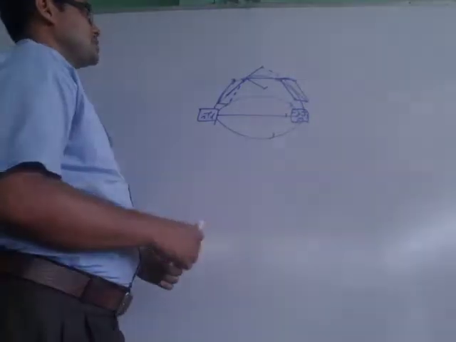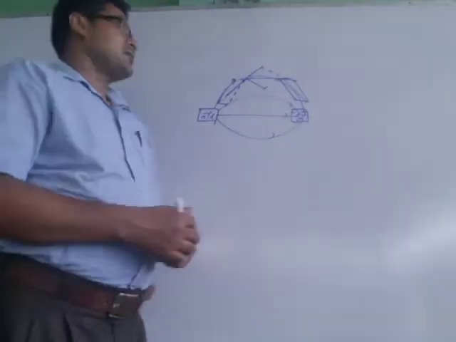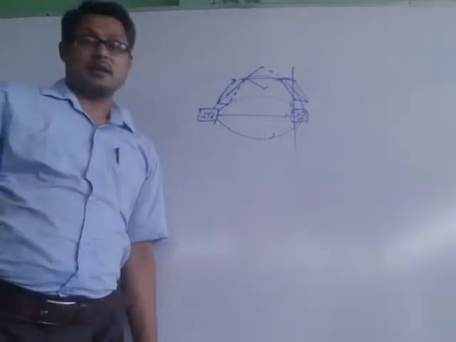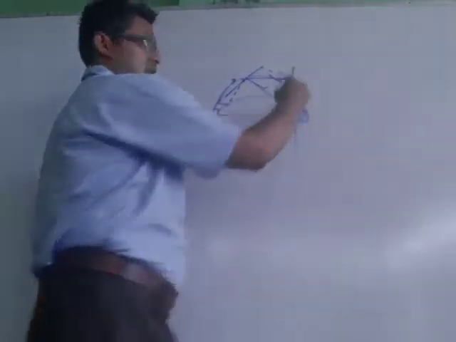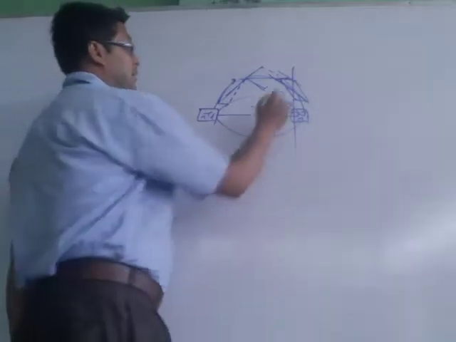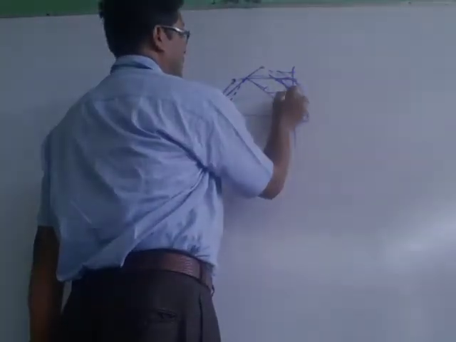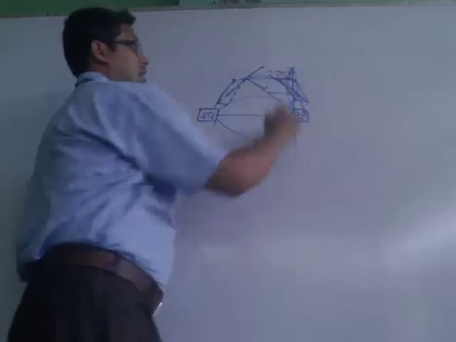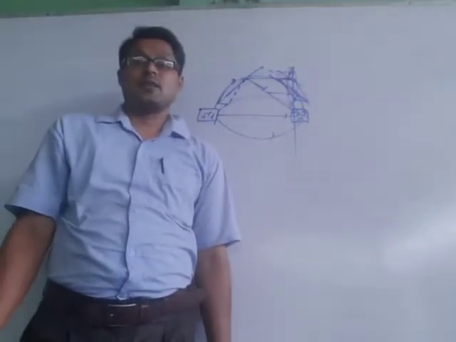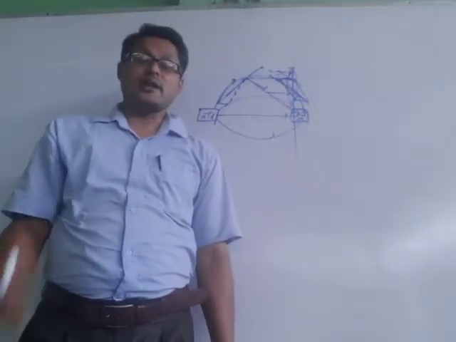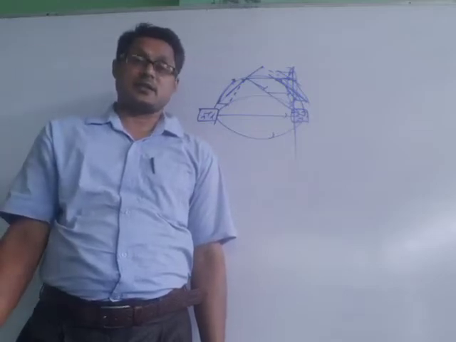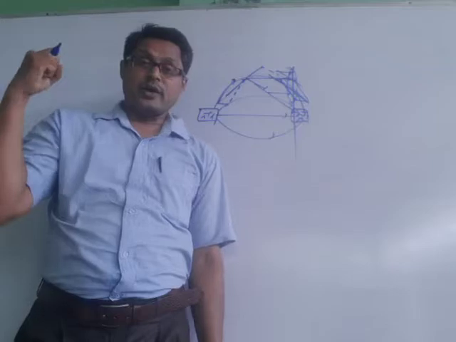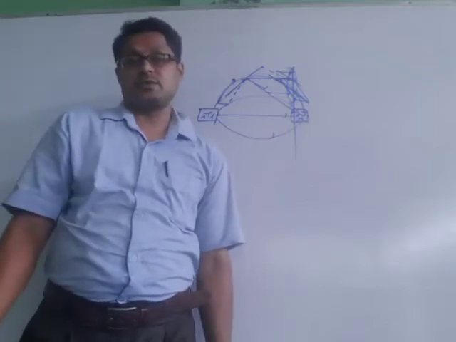Now I am going to the flux part. If we consider any area here, we will get these lines of force going like this. But the component which is perpendicular to the area is known as flux. The lines of force which are perpendicular to the area are known as electric flux, because when they are perpendicular, they can apply force.